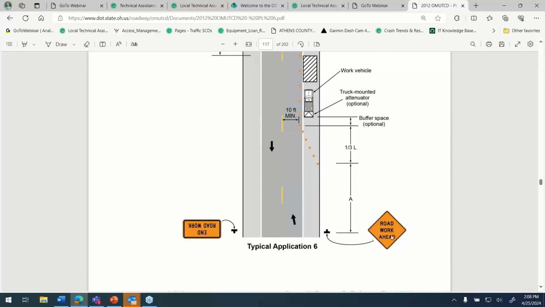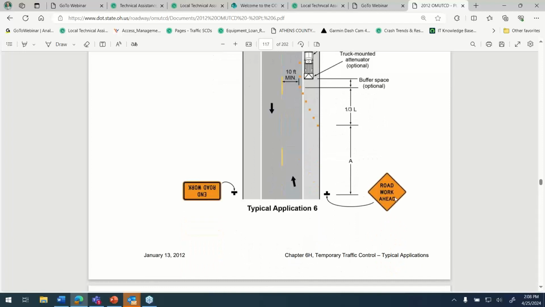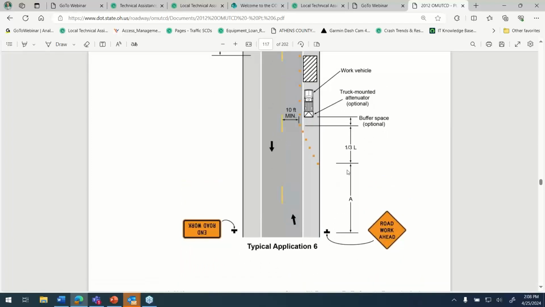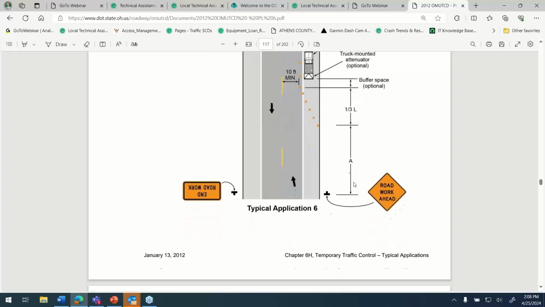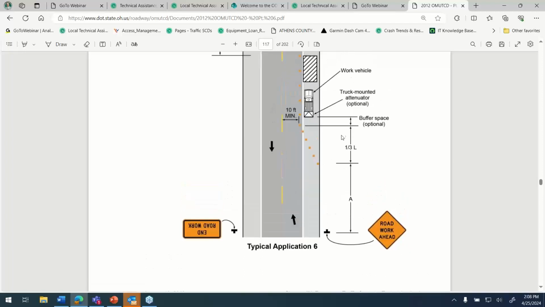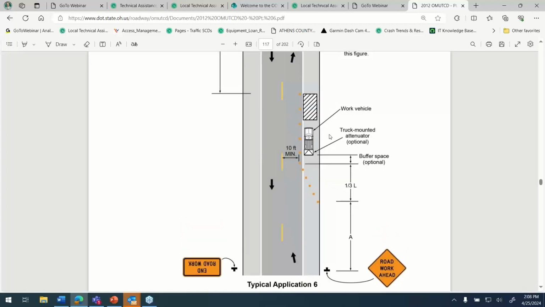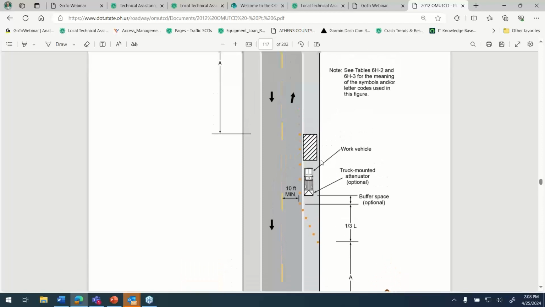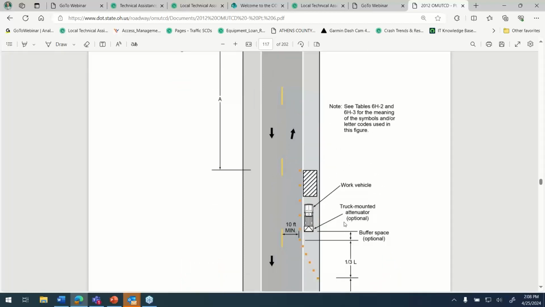And so it doesn't say shoulder work ahead, does it? It says road work ahead, just because technically they're in the lane of traffic. They're not just on the shoulder. So it's important, you don't want to say shoulder work ahead if you're into that lane of traffic at all, so that the driver's prepared. They're actually prepared for a full lane closure, but then they get up there and they don't have to change lanes. And then when you get to the notes page,